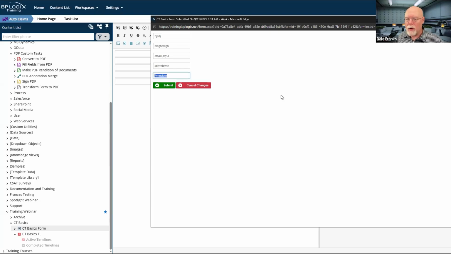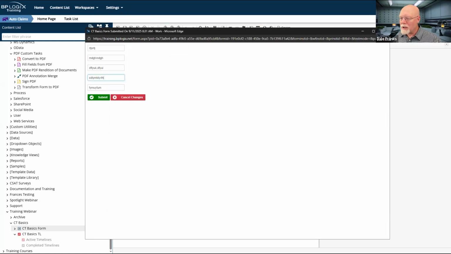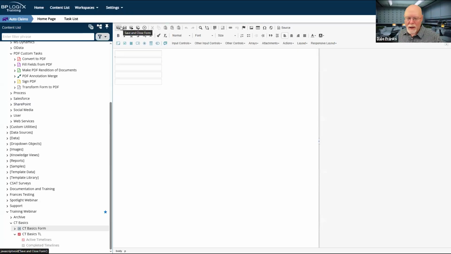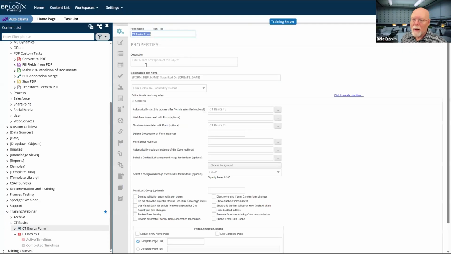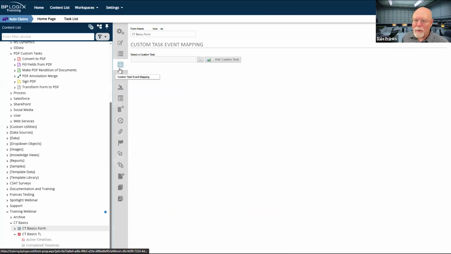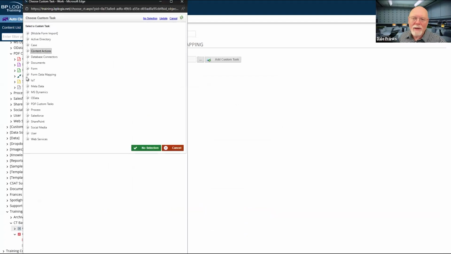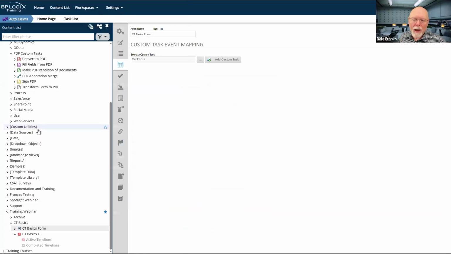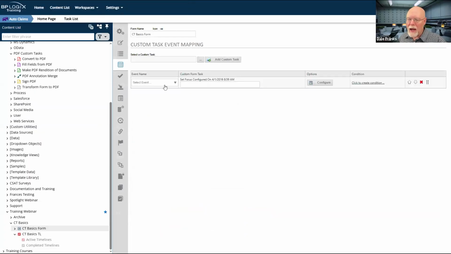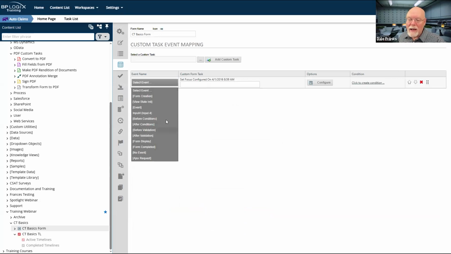What I need to be able to do is account for this event firing on this particular form field and overcome the challenge that causes me. And that, of course, is where the set focus custom task comes in. So again, this is a custom task that makes no sense and cannot be used outside the context of a form. This is a form custom task. So we'll go to form and we'll go to set focus. We'll add that custom task. It's super easy to configure. I need to know the event that fires, which is input 4.